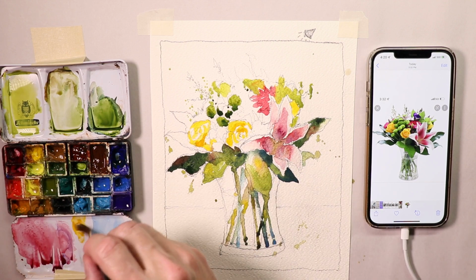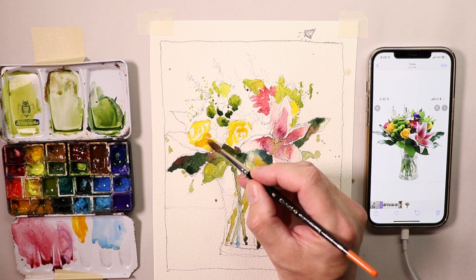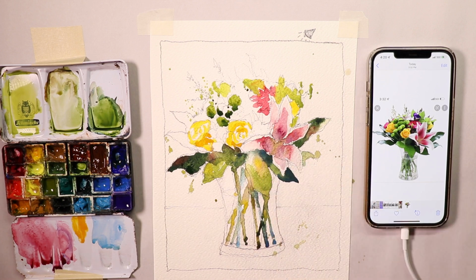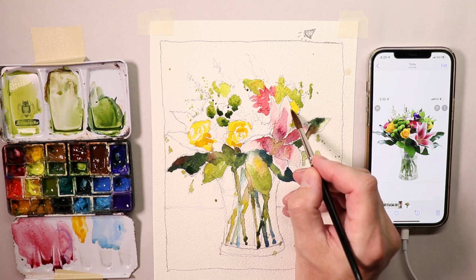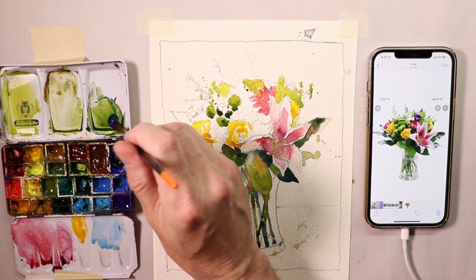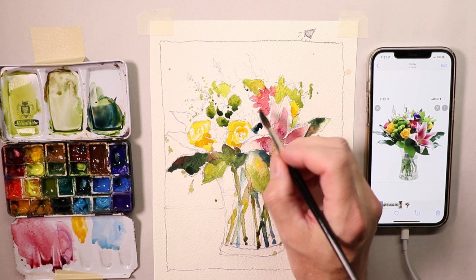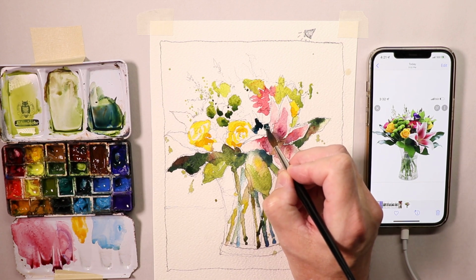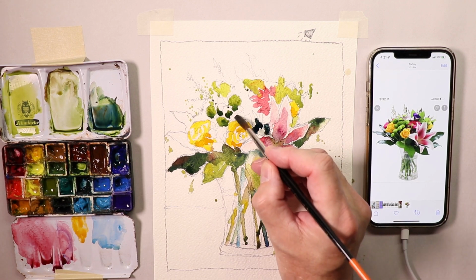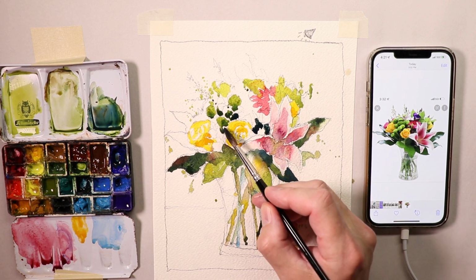There's a little bit of orange mixed in with that cadmium yellow for our roses. So there's a bit of a darker dark there. I noticed over here too. Like that. And there's some more darks in here in the center of the flowers. Underneath here I noticed there's a little bit of,